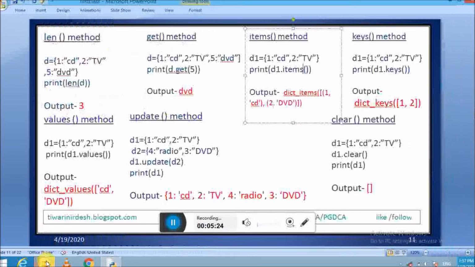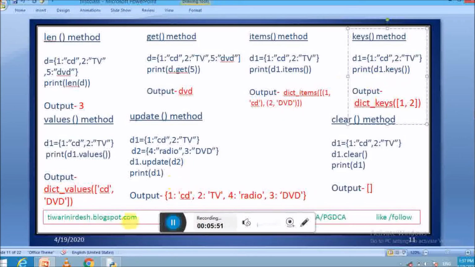Next method is keys. By using this method, we can access the list of keys from a dictionary. So here the D1 dictionary is created as in the previous example, and in the second line, inside the print constructor, the keys method returns the list of keys from the dictionary D1 and assigned as a parameter for the print function here, and the print function printed it onto the screen.